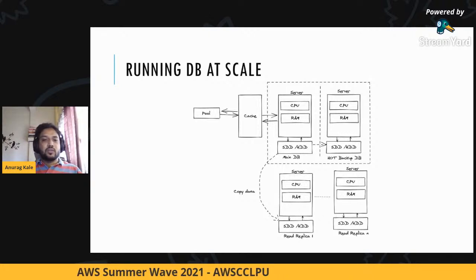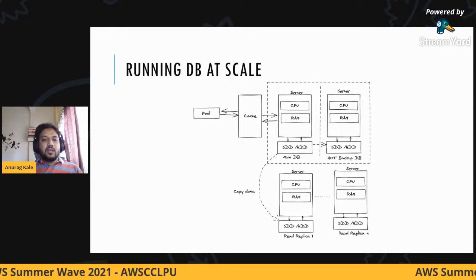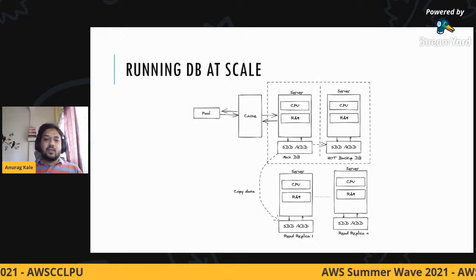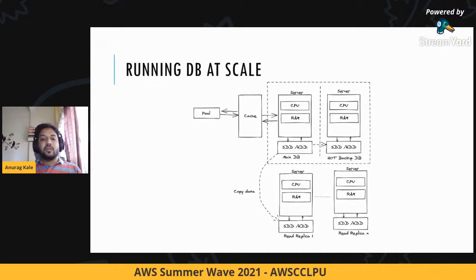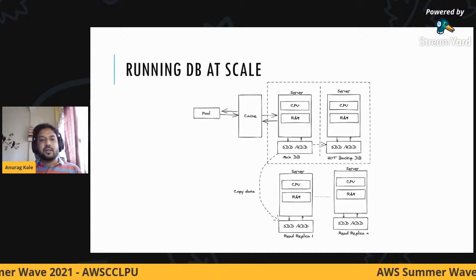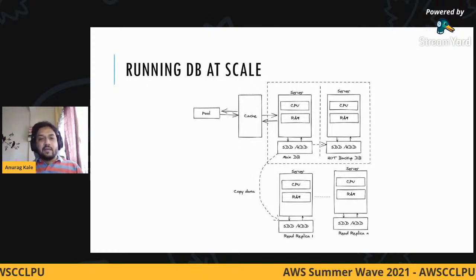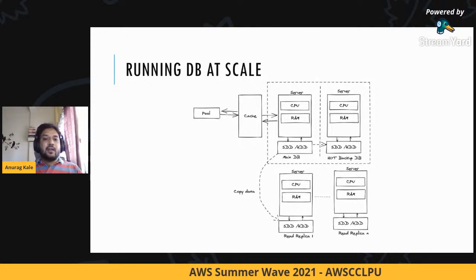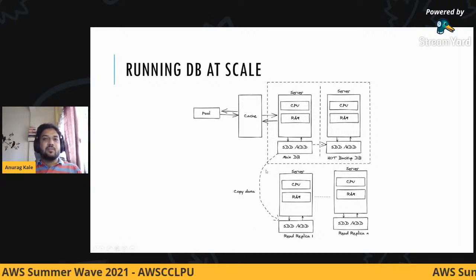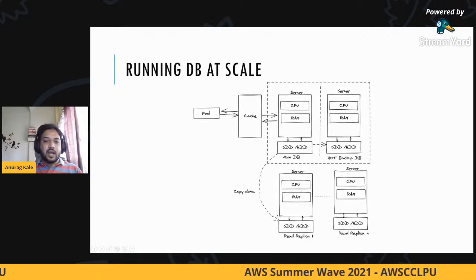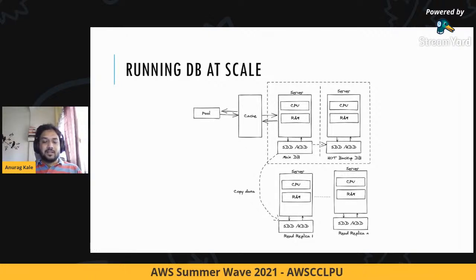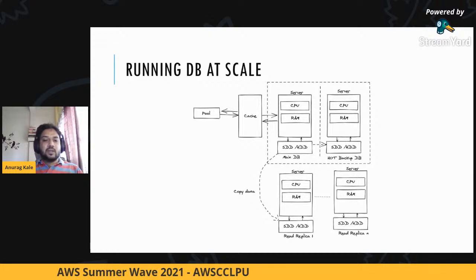So what they do is they create what we call hot backups. They also create cold backups, and they also create something called read replicas. Read replicas generally have a server in standby. They make a copy of the data to the hot backup database, and also make a copy to another hard disk, and you spin up another server.